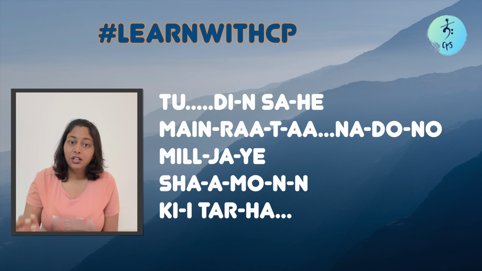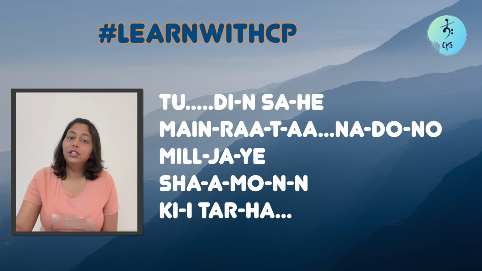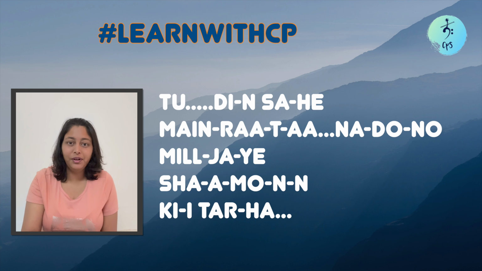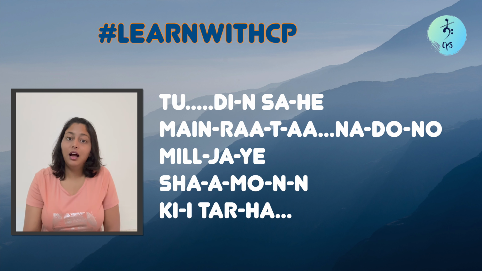tarha. So sha moh ki tarha is actually sliding down. Sha, 2 steps down. Moh. So moh is slightly going up, taking the upper note and then coming down. It's just a loop. Ki tarha. Ki tarha gradually comes down. Okay. And towards the end,